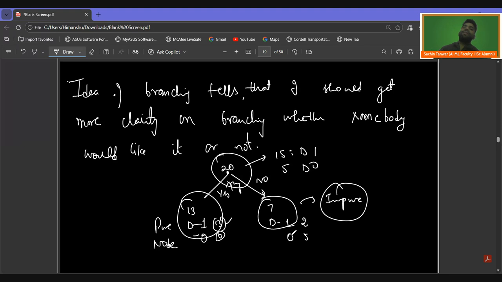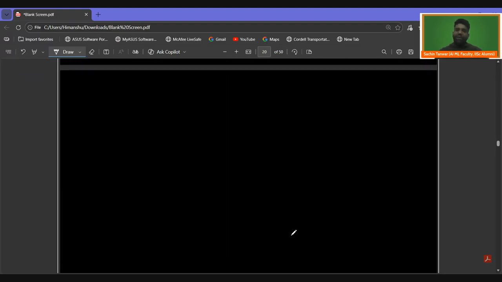Then only it is actually going towards purity. What do I mean by imbalance? If it is 50-50, in that case, we are not getting any clarity. But if somebody is saying that it's 90-10, in that case, with the help of the 90, I'm already getting to the pure side of the node. The 10 are the exceptions over here, but it's still fine. 90-10 is good. Because if I come to this particular node after traversing the tree, most of the people, 90% of them, said that they generally like this movie. So whatever test point comes to that node, we will say that he will also like this movie. If this idea is clear, then what we actually talked about,